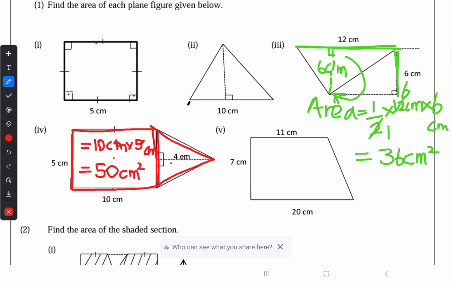Then we will find the area of this triangle. You have to think about this differently. If this side of the rectangle is 5 centimeters, the opposite side, this one, which is opposite with respect to this side,